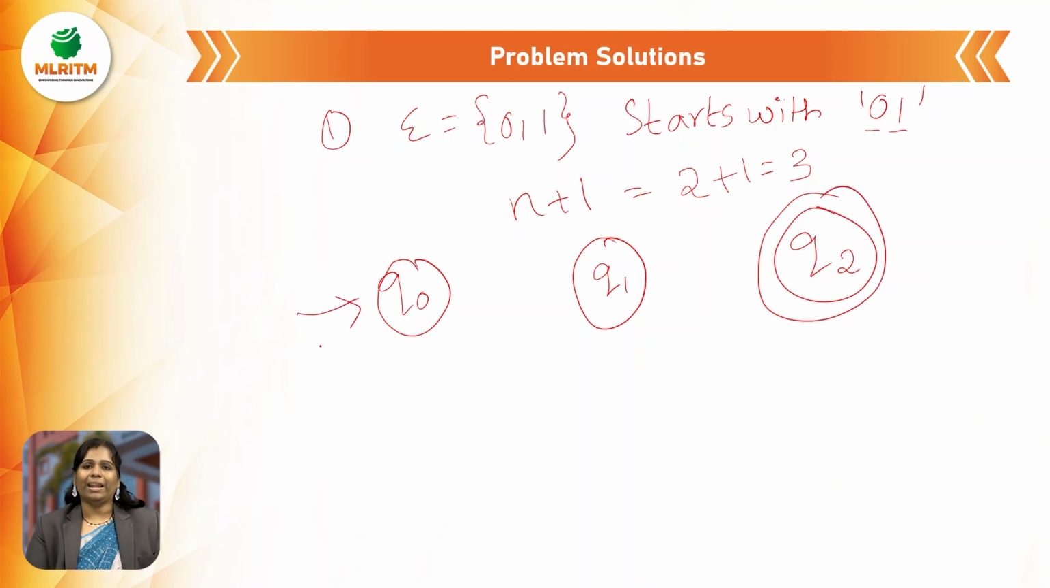Directly we can write initial state and final state. So initial state, before the transition diagram, we need to write the language. The condition is starts with 0, 1, 0, 1, 0,